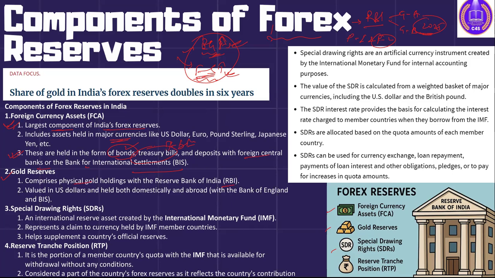It is valued in US dollars and can be held both domestically, meaning with the RBI or its mint, or its reserves, or it can be held abroad as well. That is with the Bank of England and the Bank of International Settlement, BIS. So here the gold is being reserved. We have seen in the Bank of England recently